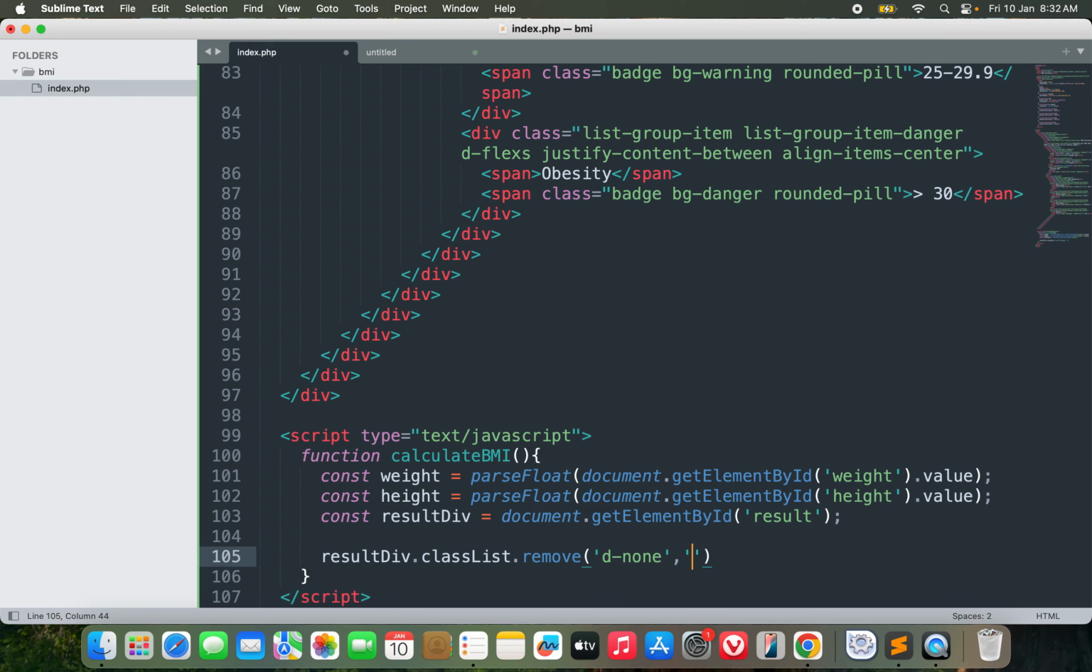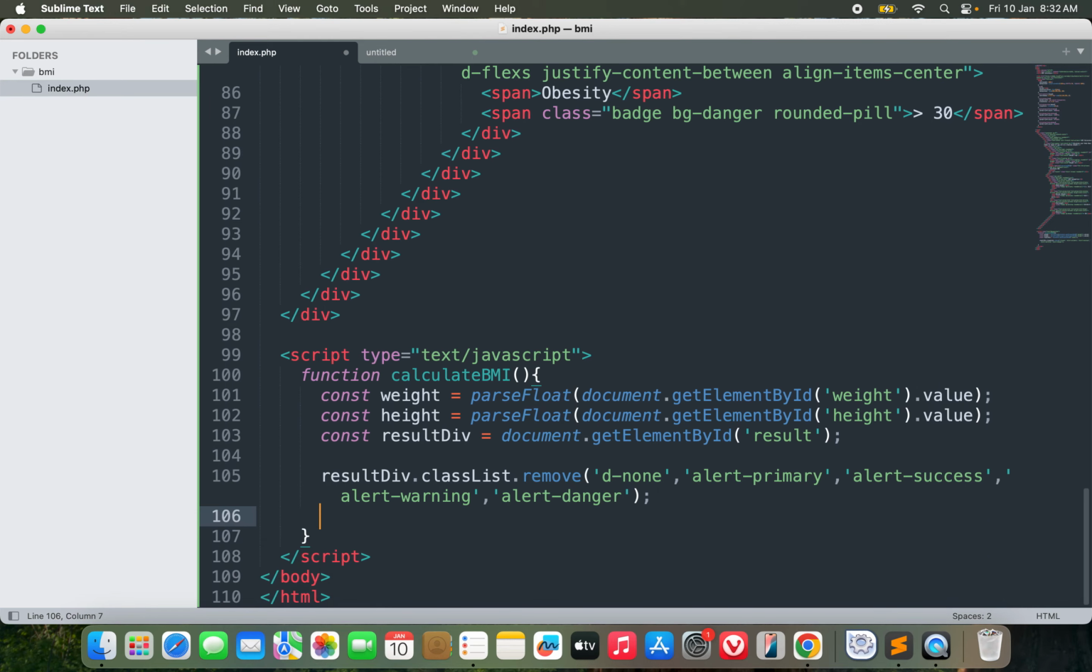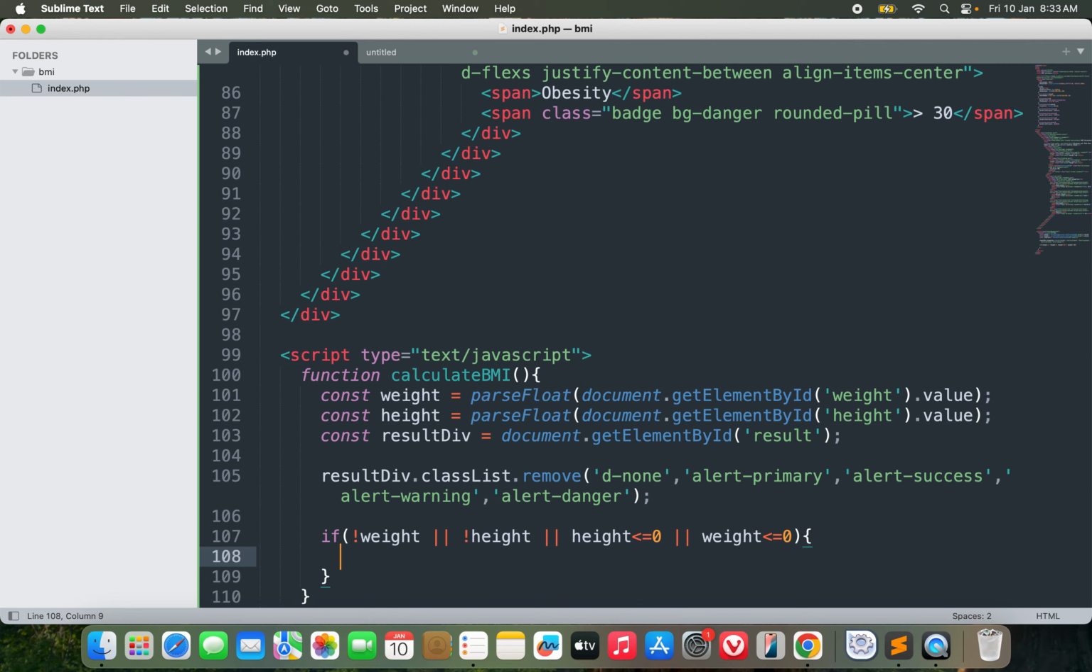Also, I'll remove class alert-primary or alert-success or alert, what's the next thing, warning or alert-danger. I'll remove all these classes from the resultDiv. Okay, and after this, what I need to do is the calculation. So if there is no weight or there is no height, or height is less than or equal to 0, or weight is less than or equal to 0, then what I will do,